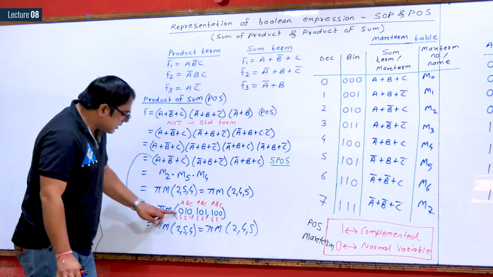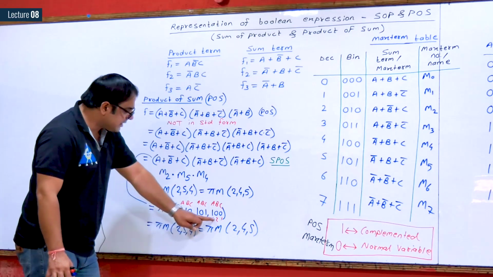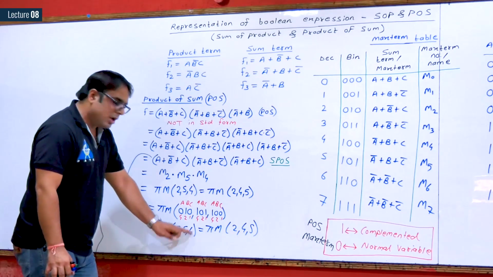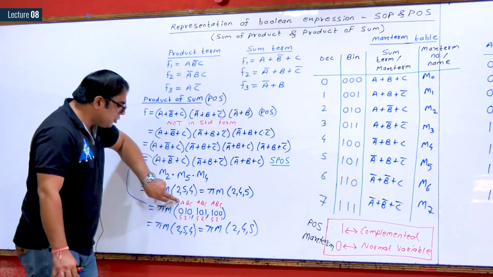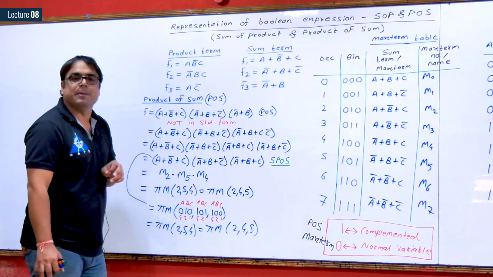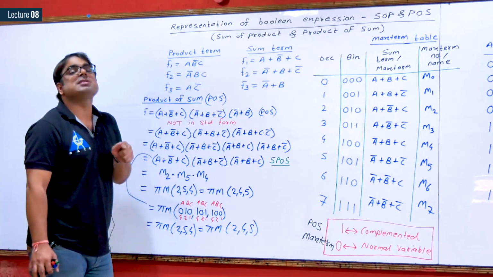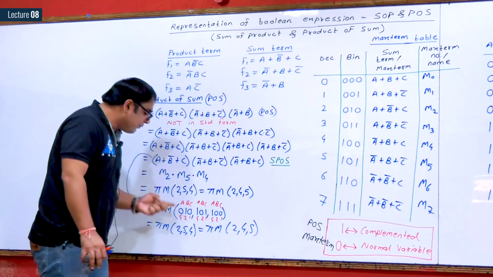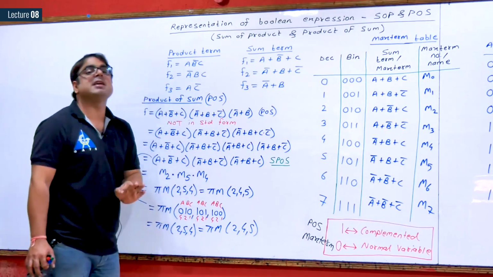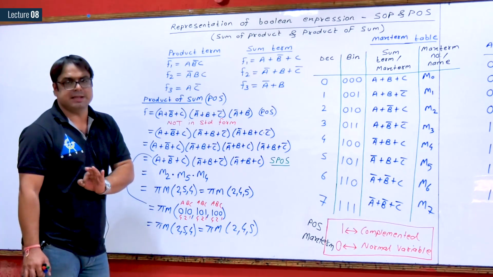So this is 2, this is directly 2. 4 plus 1 is 5. This is directly 4. So what is the sequence? A, B and C. We are giving 4 weightage to A and 1 weightage to C. So we are considering A as the most significant bit and C as the least significant bit. So before converting to bits, you should always make sure your sequence is A, B and C.